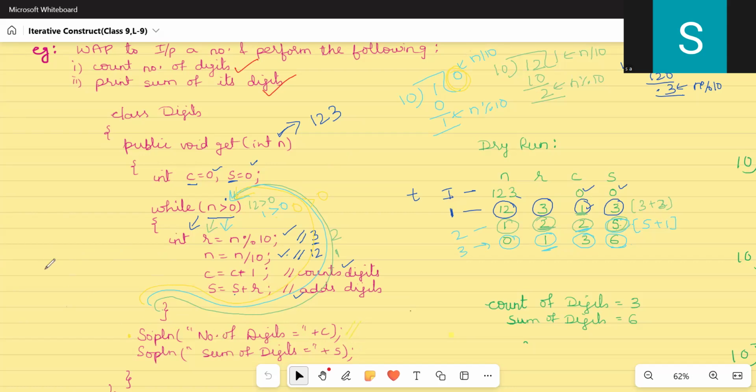Now, what is your C value? The C value we found is 3, right? And sum of the digit S is 6. So, is it not giving you the right value? So basically what is happening here, if you observe R, this part, what are you doing here? You are extracting the digits of the number one by one in every iteration from right to left, and your n is getting reduced. If you observe carefully, your n values are getting reduced from 123 to 12, then to 1 and